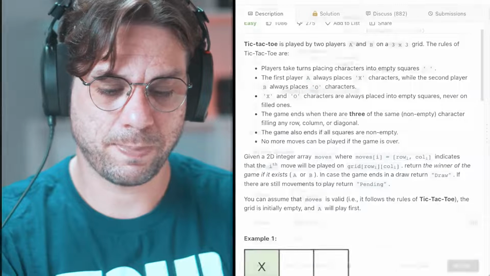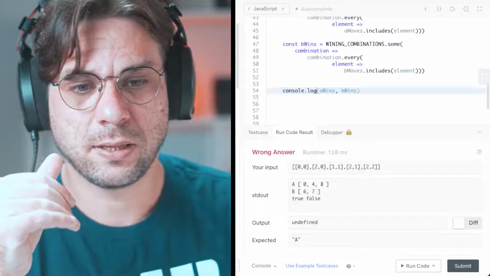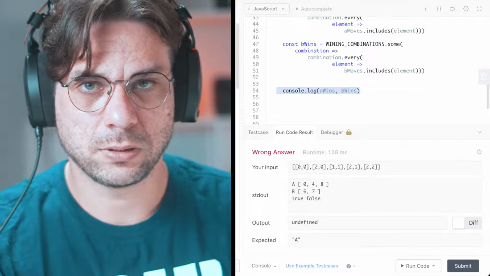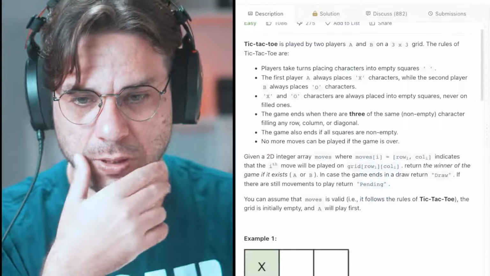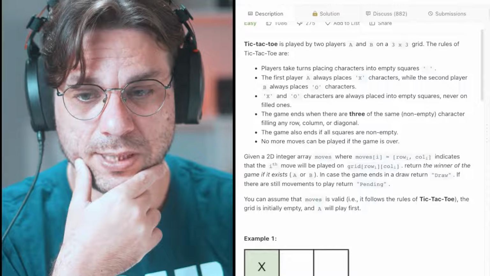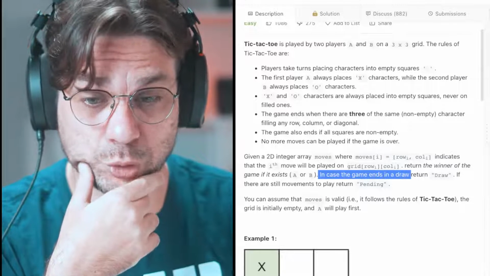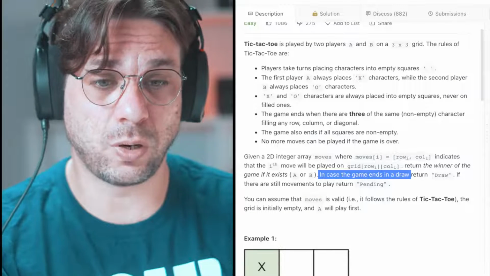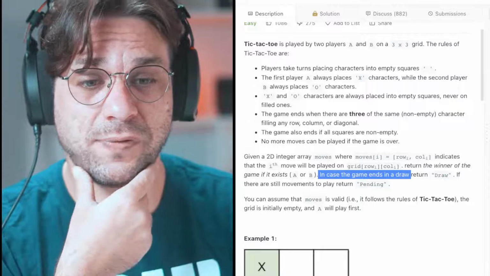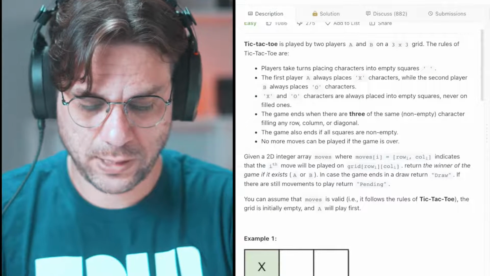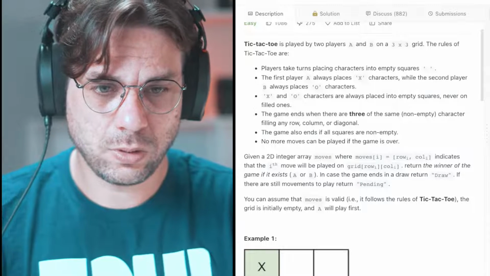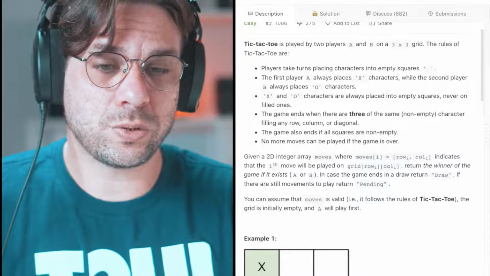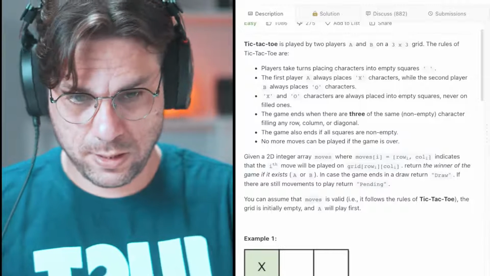Oh, you're not seeing, but yeah, in this line we ended the game, right? And what we need to check, let's go back to here. In case of the game's end in draw, we don't know if it's a draw. To identify if it's a draw, what we need to do,